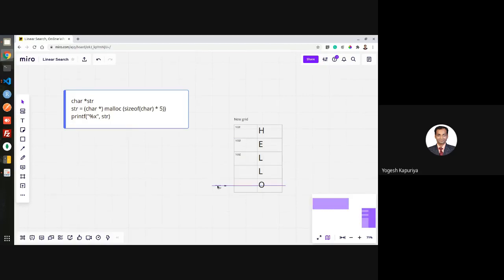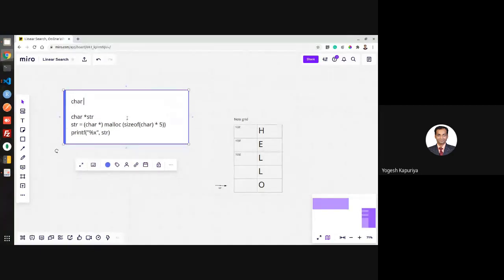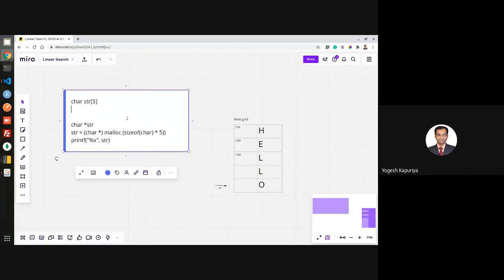Why do we require this pointer? Pointer is basically required to play with dynamic memory allocation. Now, what do we mean by dynamic memory allocation? That is another question. This is actually a dynamic memory allocation, but how is it better than the static one? What is the other example? If I want to write down hello, hello is basically a string, so you will initialize it something like this or something like this.